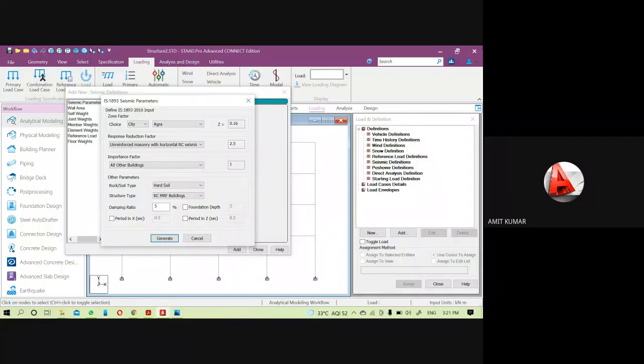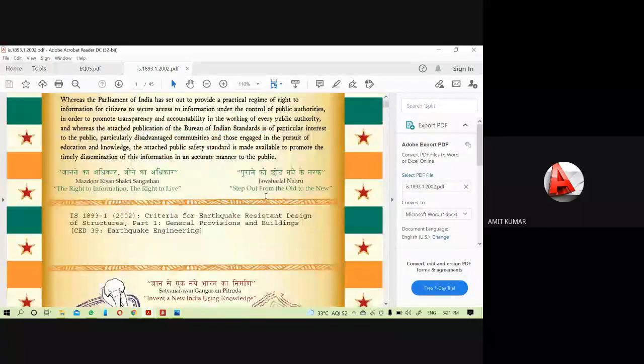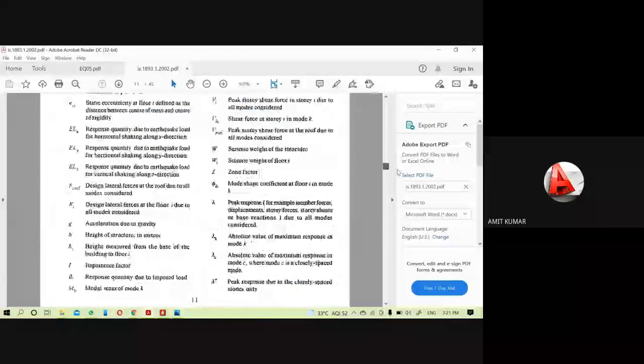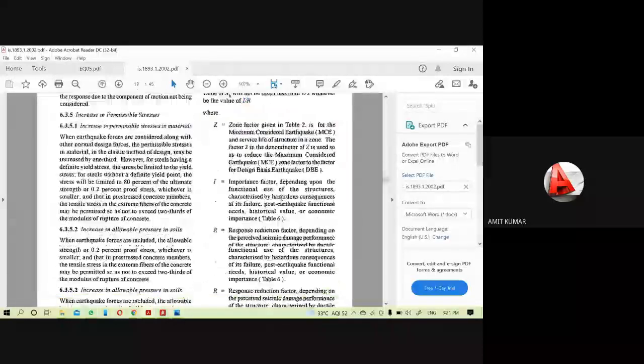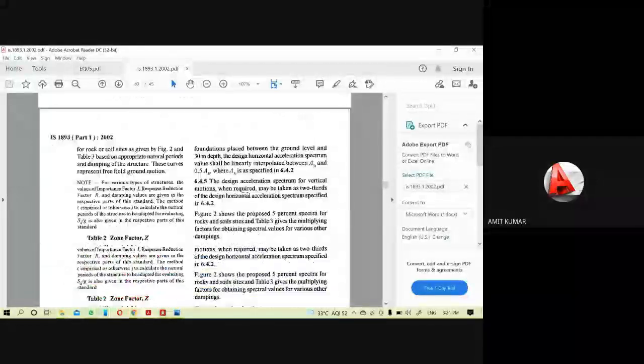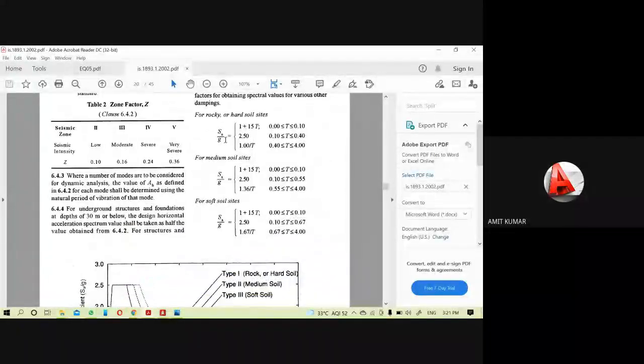Okay, to calculate this period manually, we have different formulas according to the structure type. Like I can show you in the seismic. Let me open the IS code. So let's see these factor values, and how to calculate these values.